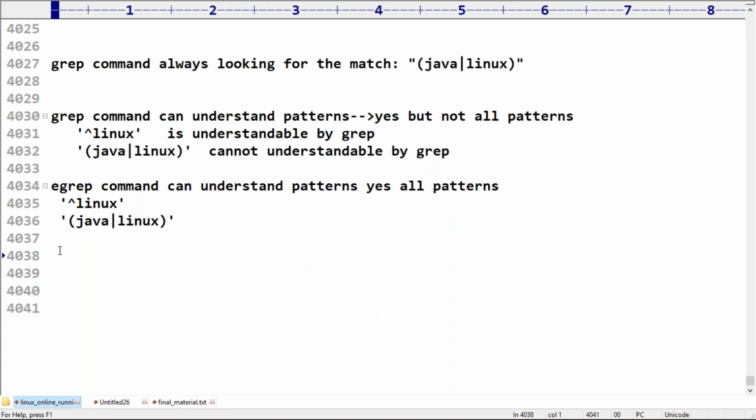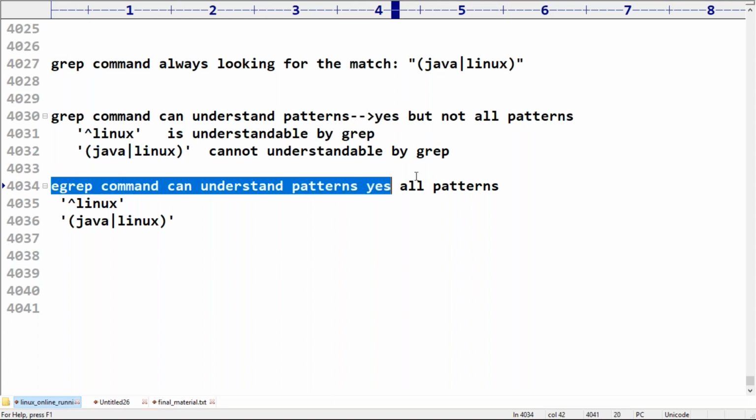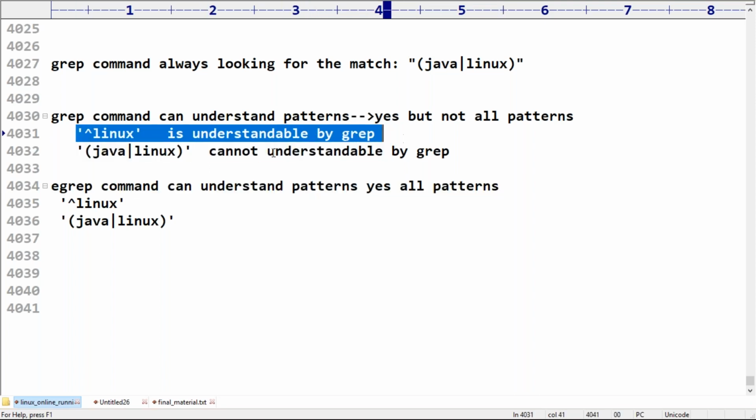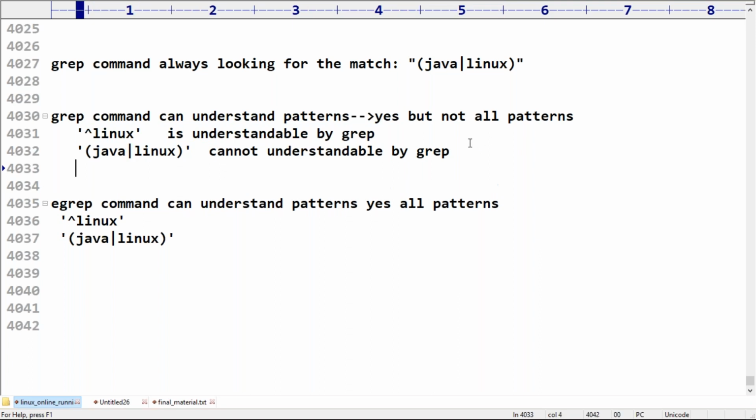Anyway, which patterns are understood by the grep command, which patterns can't be understood by grep but egrep can understand, which extra patterns, all these things we are going to discuss in detail at the next level. Just get the basic idea of the difference between grep and egrep. If anyone asks for an example of a pattern grep can't understand, this pattern can be understood by grep, but this pattern with the symbol cannot. Similarly, somewhere we will use 0 to 9, 9 times.